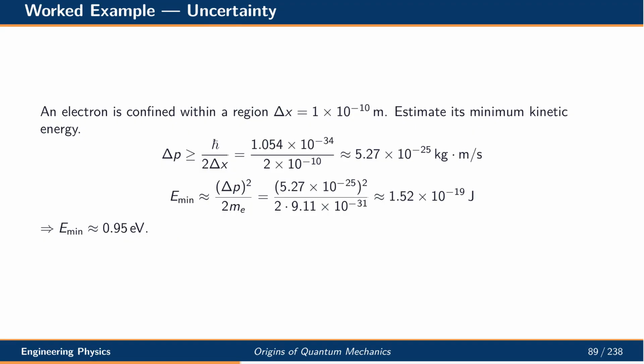Suppose an electron is confined within a region of about 1 angstrom. By the uncertainty principle, the minimum momentum uncertainty is about 5 times 10 to the minus 25 kilogram meters per second. Substituting this into the kinetic energy formula gives a minimum energy of roughly 0.95 electron volts. This is the energy scale for electrons in atoms, and helps explain atomic sizes and